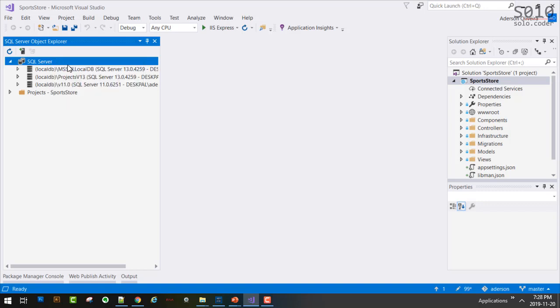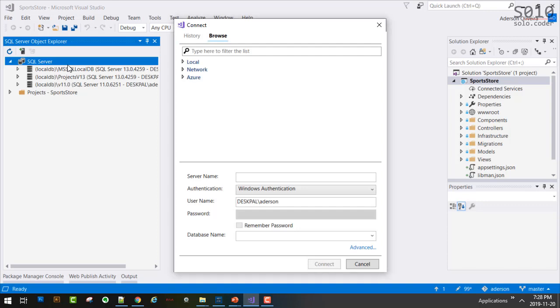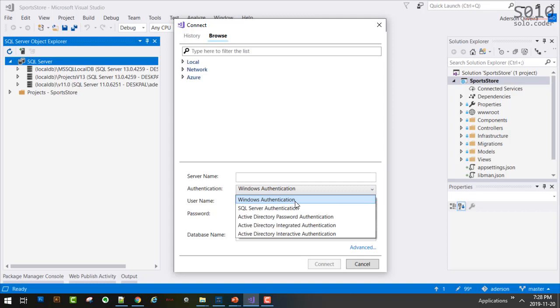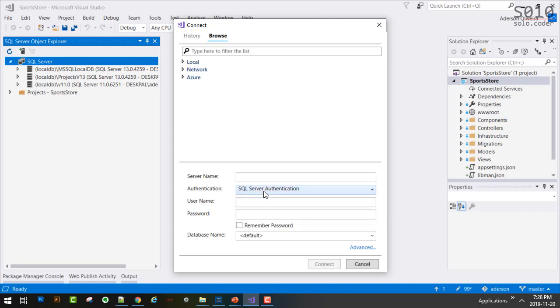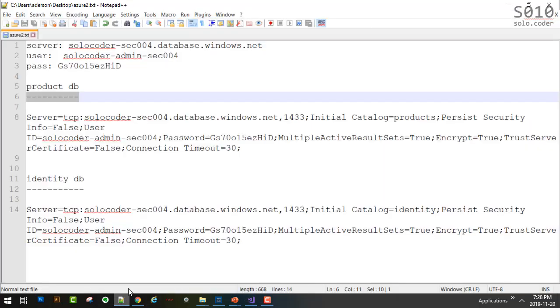Okay, so I'm going to add it. Now, what do I have to tell it here? I have to tell it the address of that database. In the connection string, we have the server name, and for authentication we're going to be using SQL Server authentication. So in the connection string, we have the server name, the username, and the password. We have all those three elements, so we're going to get them from there.